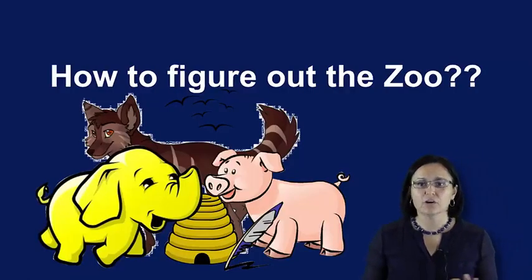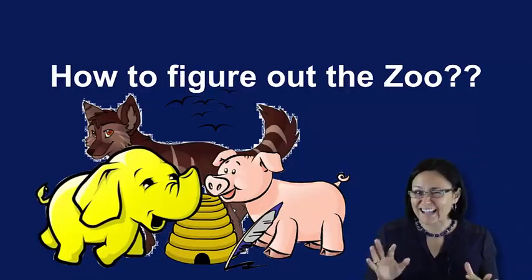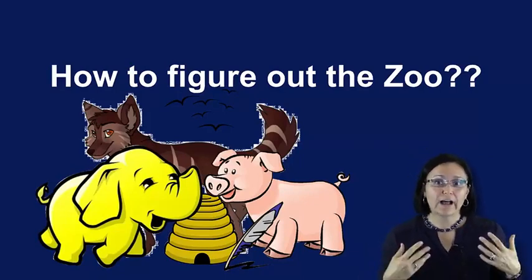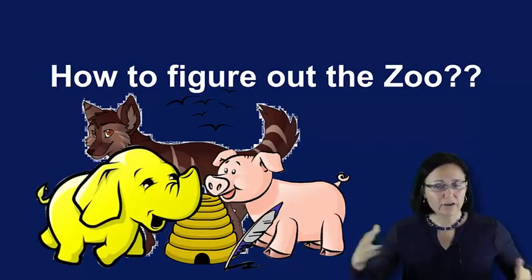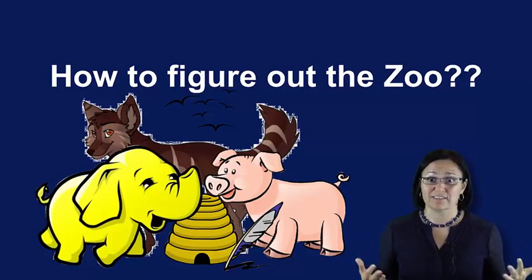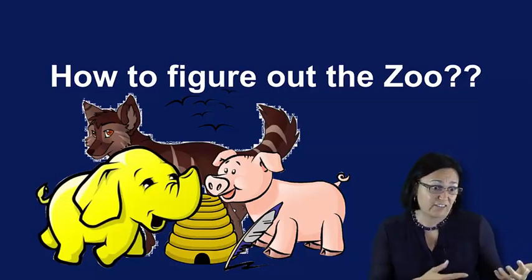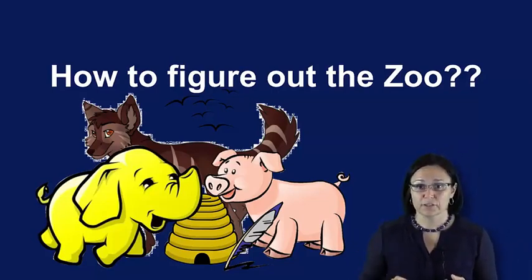As you might have noticed, a lot of these applications have kind of funny names. So how can we figure out the entire zoo? And how can we figure out which one of these applications does what? What is it used for? Is it a SQL-like environment? Is it where we submit jobs? Is it how we access our data? What can we do with all of these applications? So let's look into each one of them in detail.